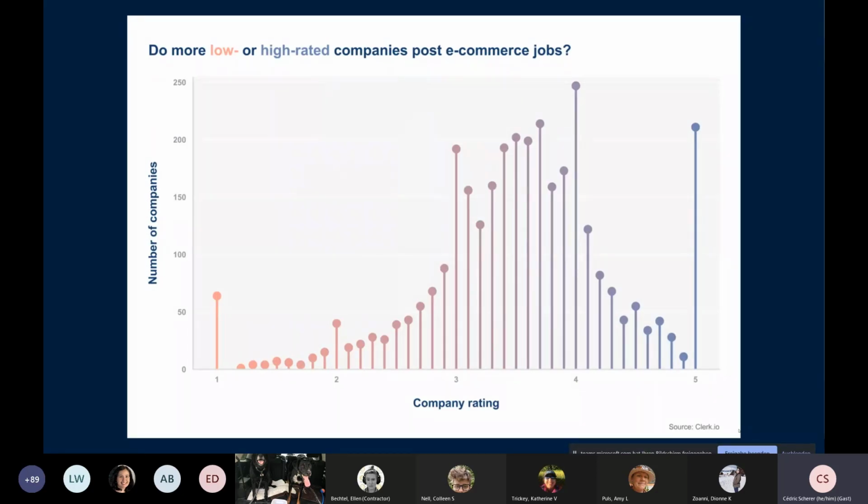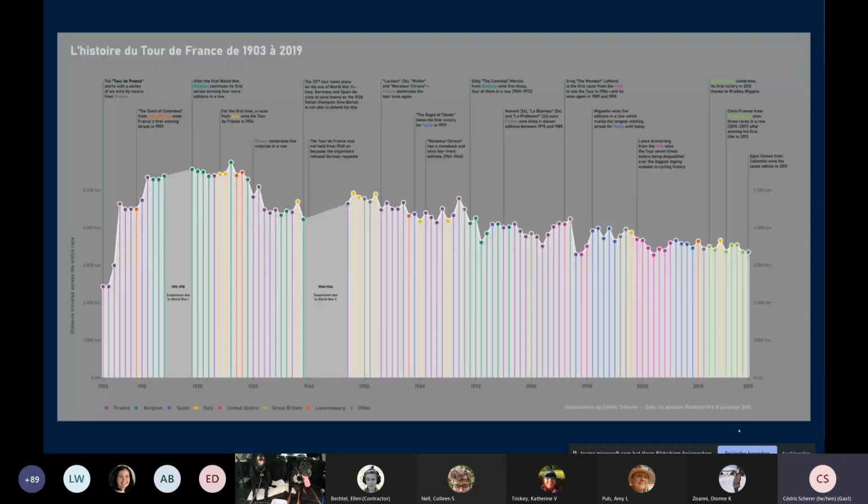You can also make lollipops, for example, which are not as heavy and as ink intense as the bar charts. Here's another one I did for a Tidy Tuesday, a bit more colorful. It's a bit older. I'm not as happy with the colors anymore. I think some colors are a bit hard to read. But anyway, these are also lollipops and absolute numbers. So this is the distance for the Tour de France from 1903 to 2019. And with bars, this would totally look different. And we still have this timeline character and a bit minimal approach here.